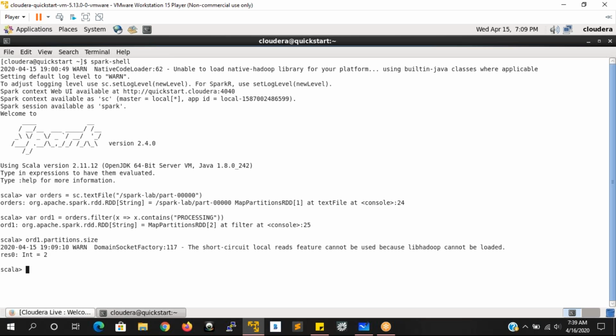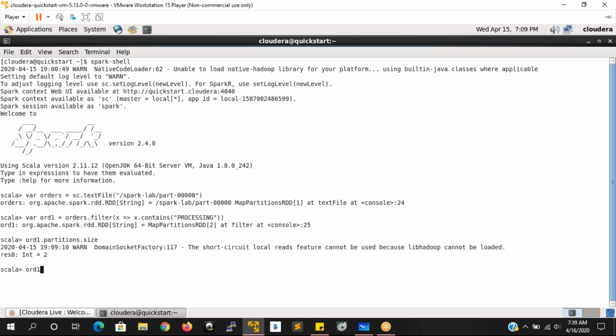So here we have applied some transformation, and on the same transformation we have applied one more transformation, and we are getting the data in the same partitions. Whatever the initial partitions are, we get the same partitions.